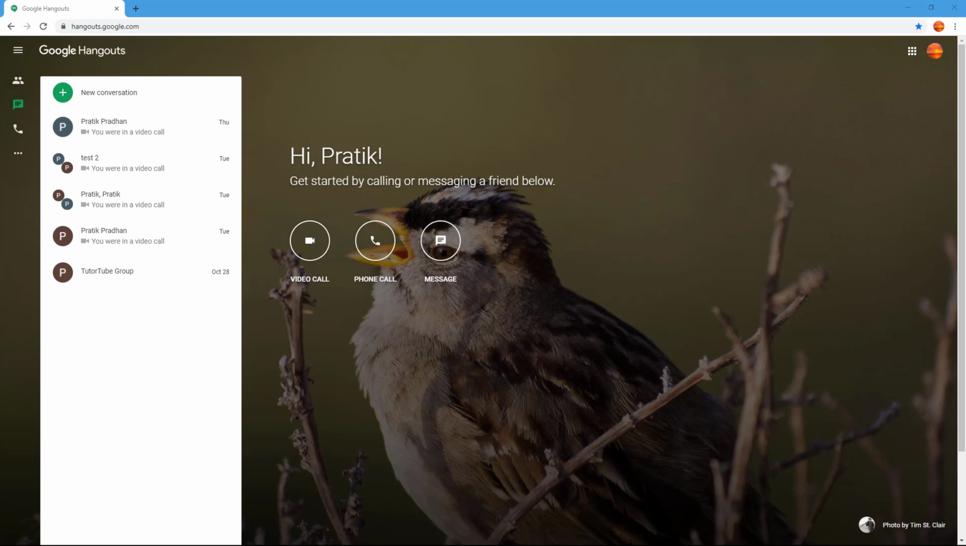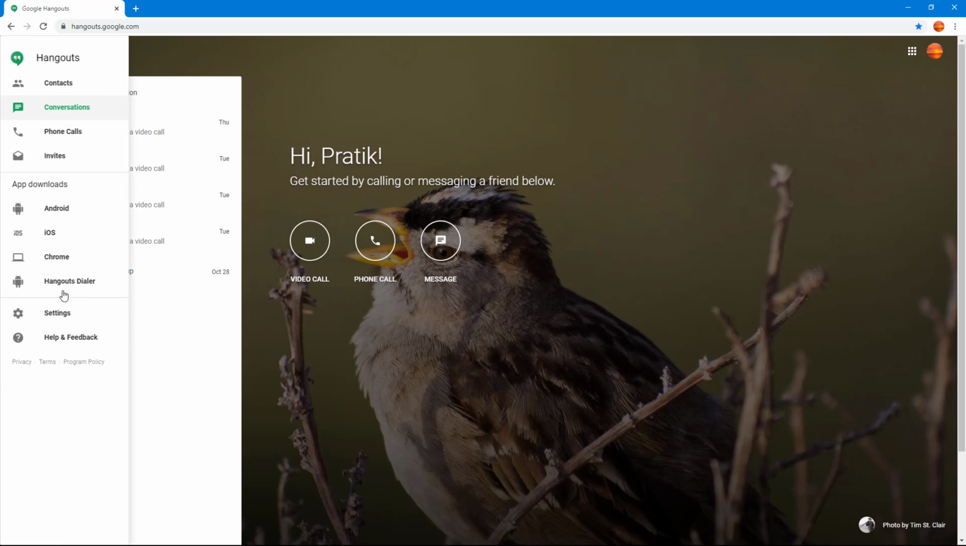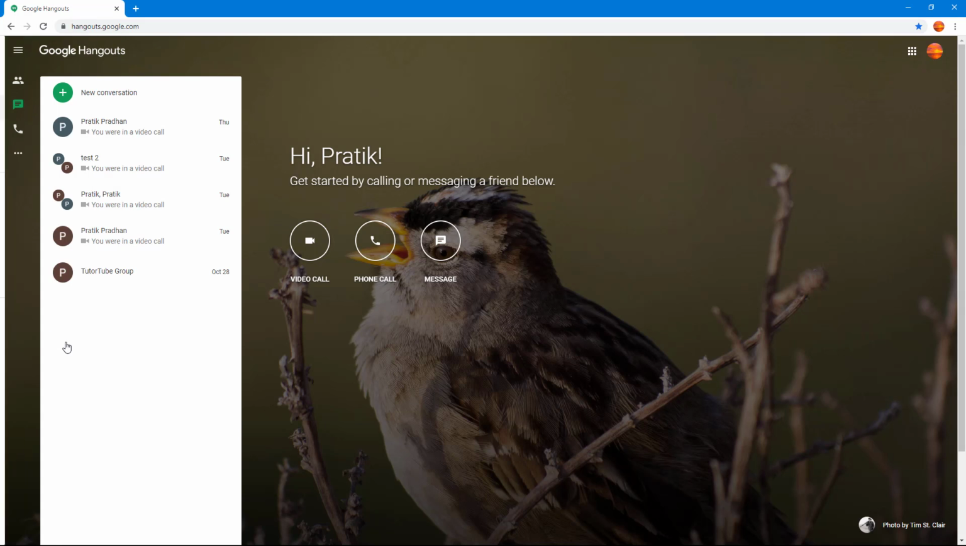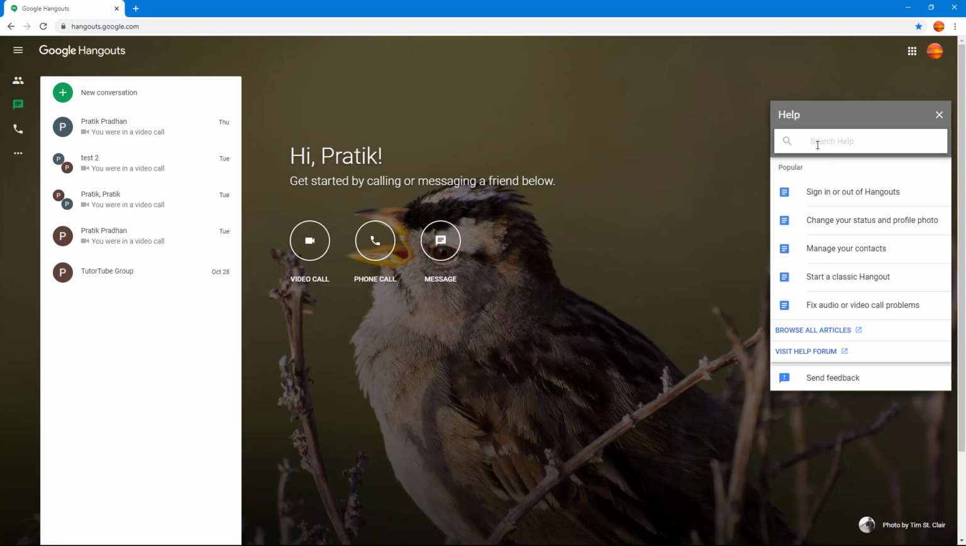If you want to speed up your work, then keyboard shortcuts always come in handy. And Hangouts has keyboard shortcuts too. To access them and to know what keyboard shortcuts are available, I'm going to go on to menu right here, and then I'm going to go to help and feedback. Once I go over there, I'm going to search for shortcut, just like this, and there you go, you have